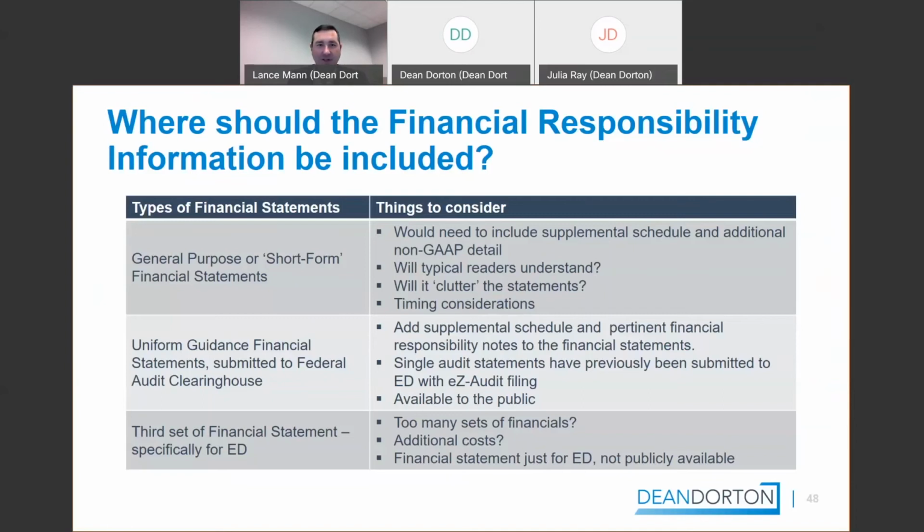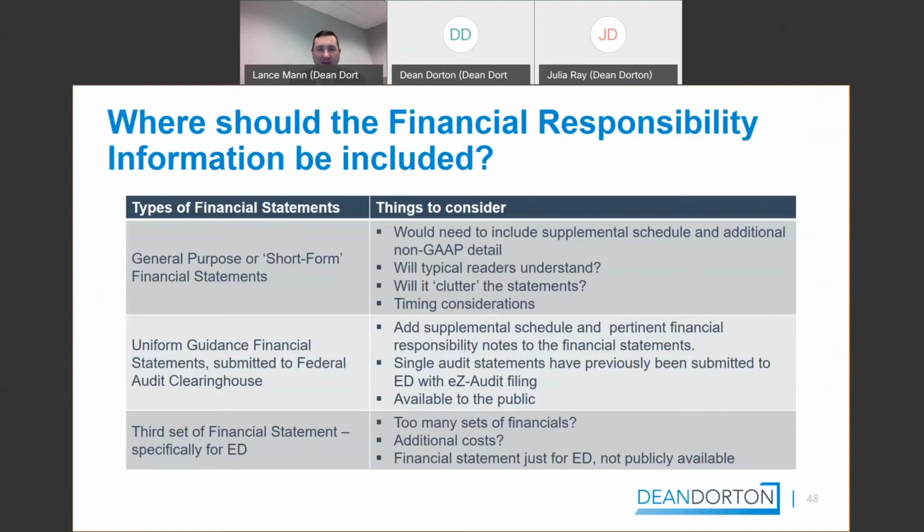Option number 2 is to include them in your uniform guidance financial statements, your single audit financial statements. This is the option I think most of my clients are going to take advantage of because it's already quite cluttered with the single audit information. And so you would do the same thing. You'd add the supplemental schedule and the financial responsibility notes to the financial statements only for this version of the financial statements.